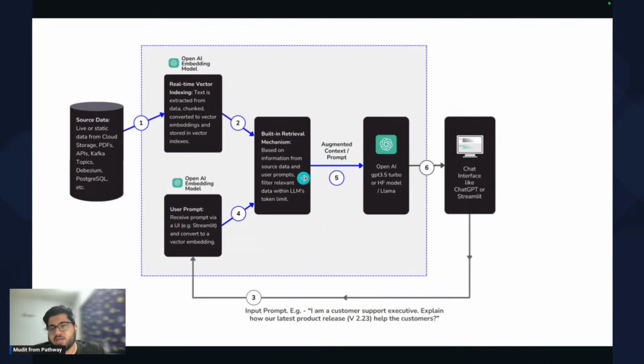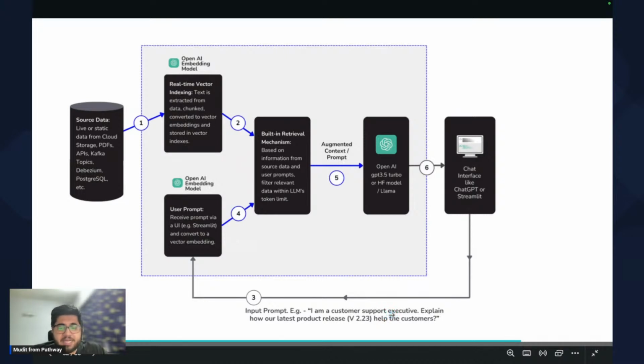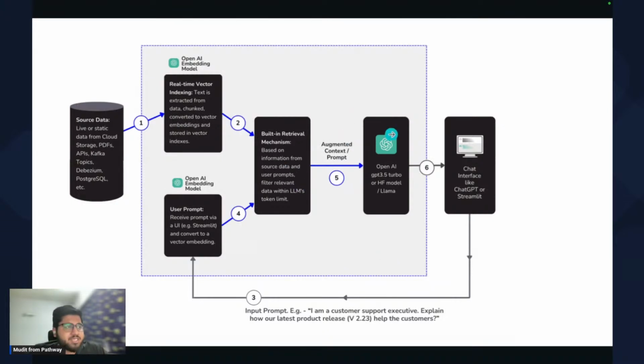what does the latest product release, how does it help my customers, then essentially what it will do is it will tell ChatGPT's completion API what this person is trying to know, how does this help our customers, and at the same time this is how it helps. From the backend, it is giving that particular information, and then on the interface you get this particular output, saying ChatGPT or Streamlit that this is how it helps. This is precisely how RAG works.